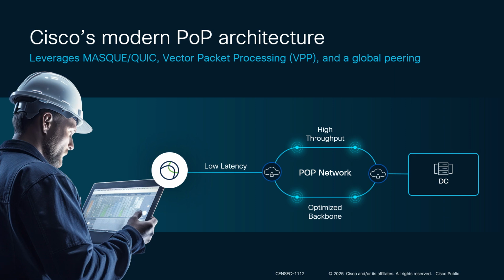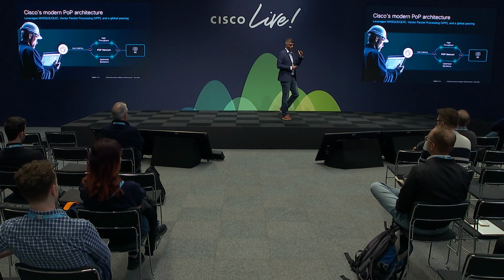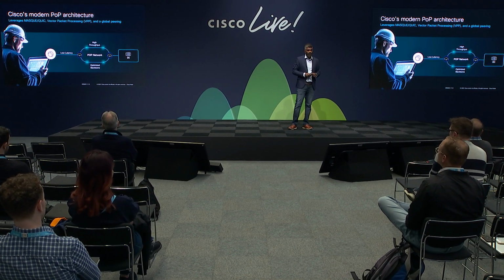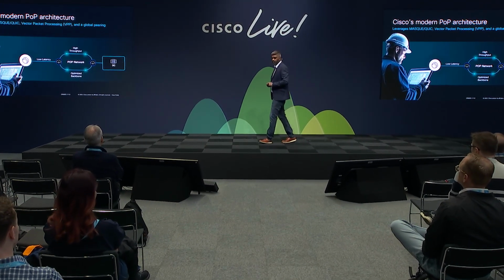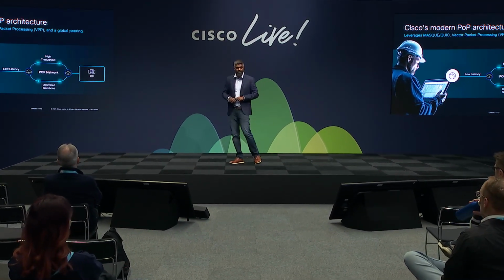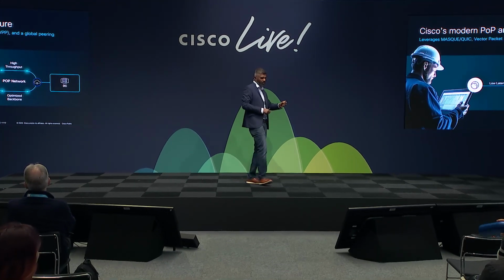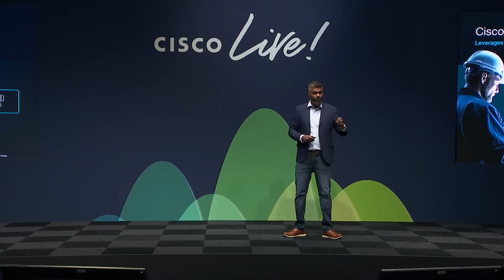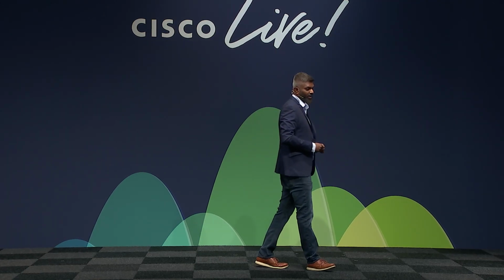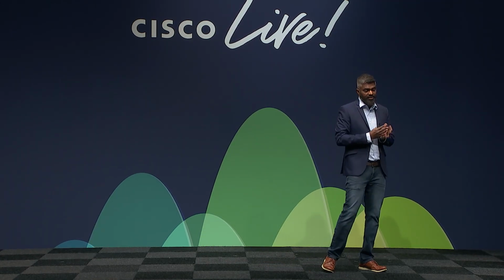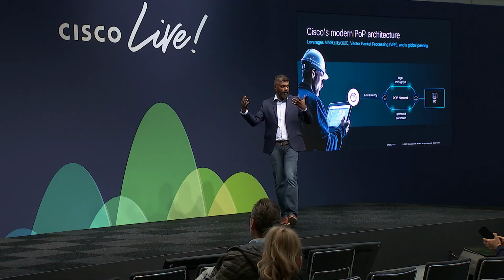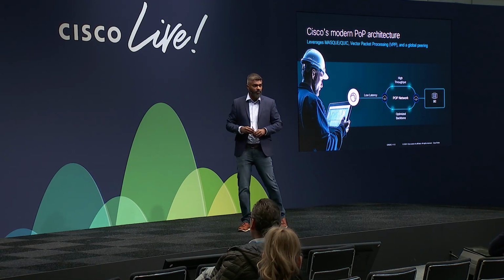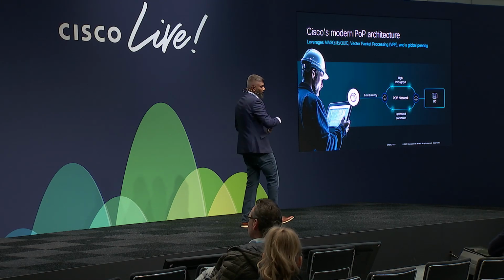The second aspect is that we've built this on the backs of modern low-latency protocols and a high-speed pipeline that we use. So the low-latency protocol that we're leveraging here is called MASQUE and QUIC. I'll talk about what this is in a second, but I want to focus on the high-speed pipeline that we leverage for this. Now, if you're not familiar with vector packet processing, this is a technology that Cisco has developed over the years, and it's an open source project that we leverage. What this allows us to do is scale beyond the limits that typical SSE solutions run into, right? Now, we couple this with something called MASQUE and QUIC.